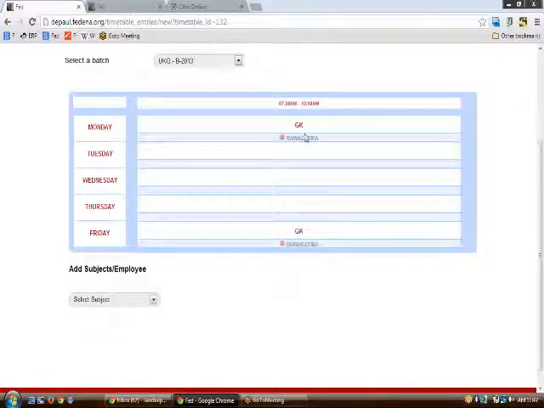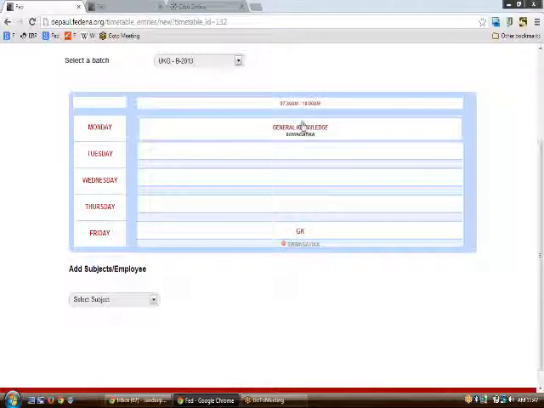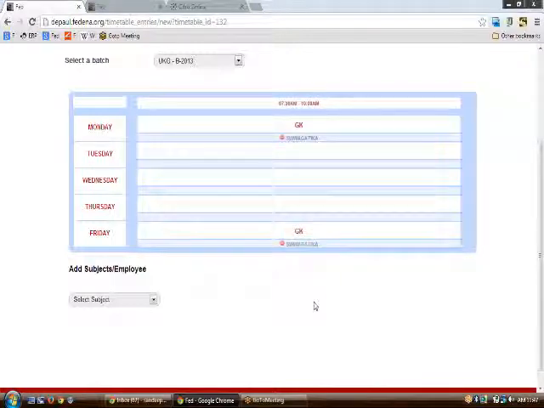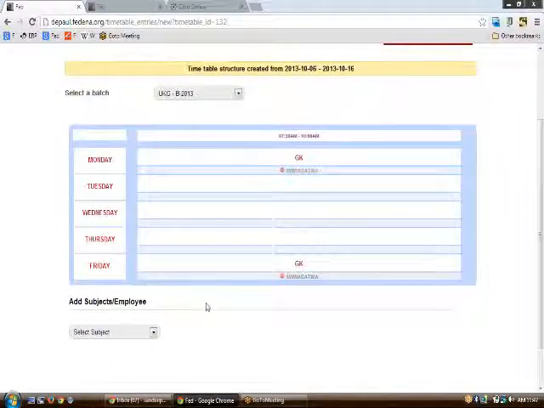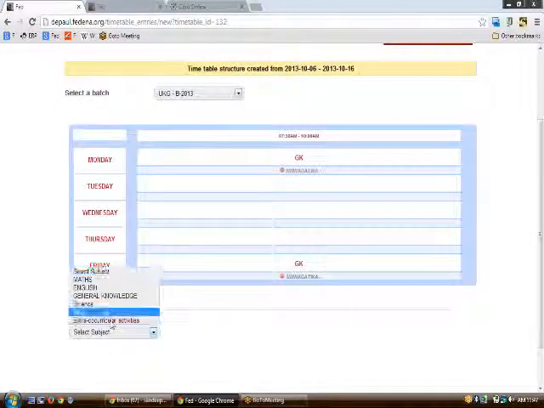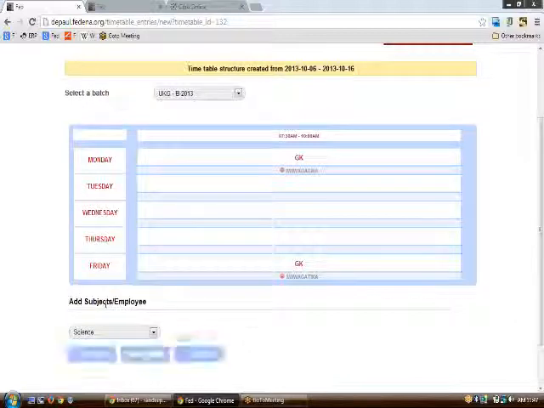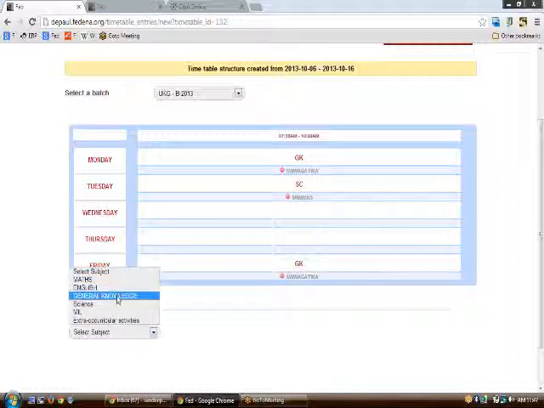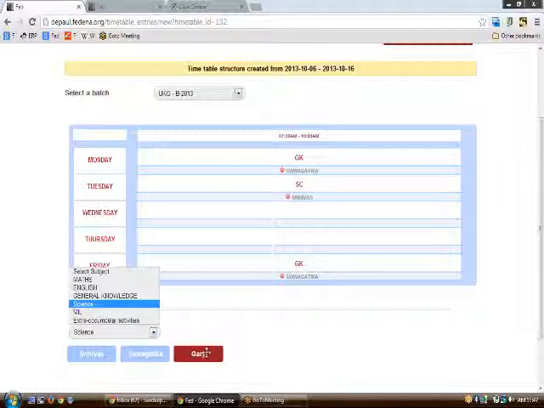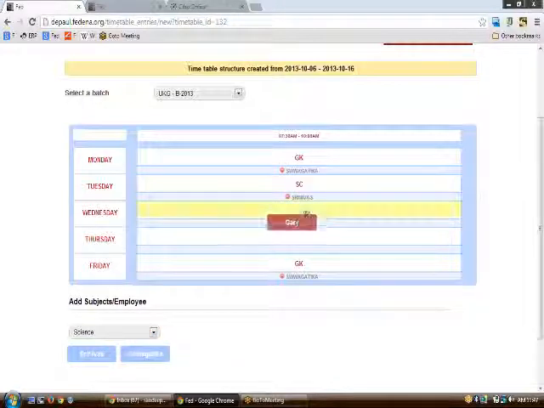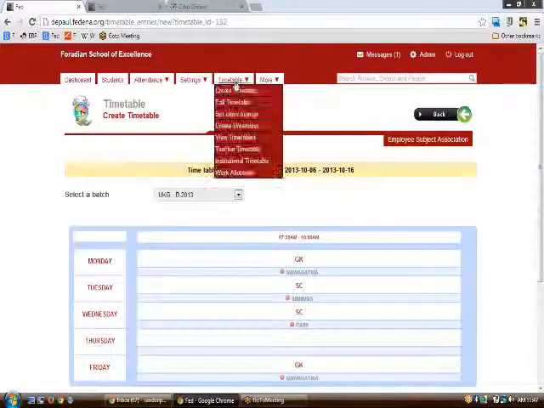So as per this, GK has been allotted to Miss Swagatika, and similarly you can create the rest of the things. This is how you need to create a timetable.